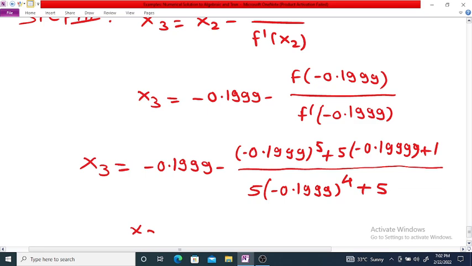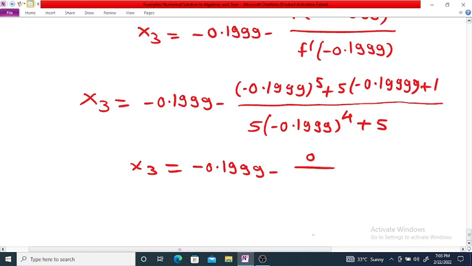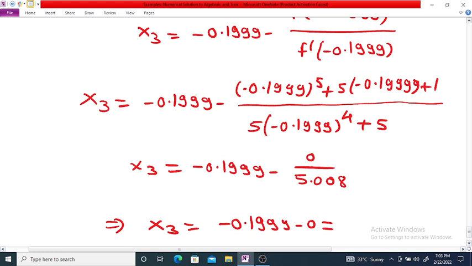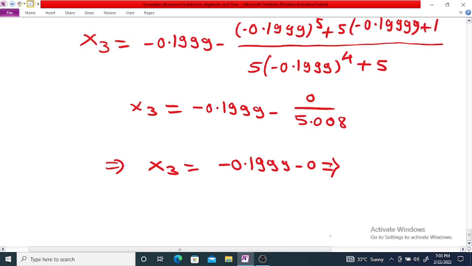So x3 is equal to minus 0.1999 minus 0 divided by 5.008. So this implies x3 is equal to minus 0.1999 minus 0. So this implies x3 is equal to